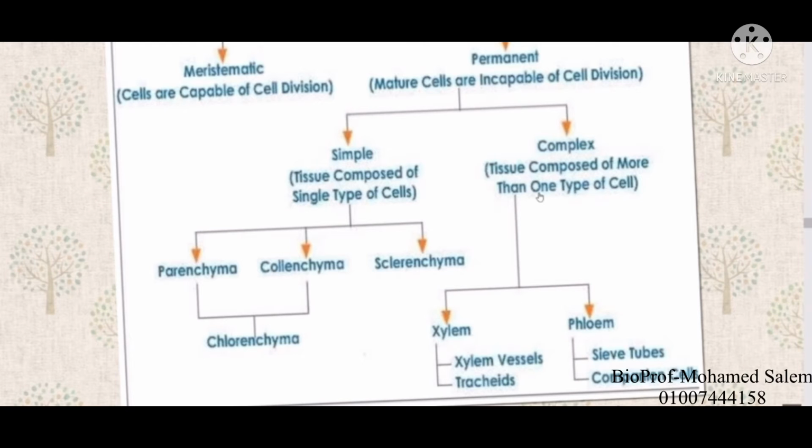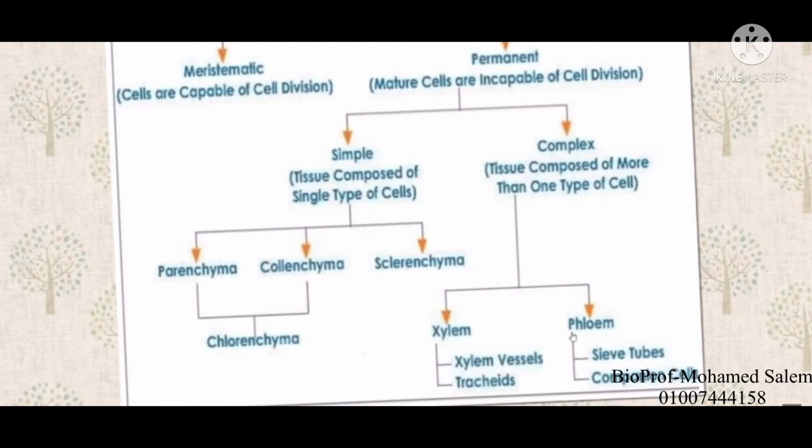The complex, we have two tissues that have more than one type of cell. For example, xylem and phloem. Do you remember xylem? This is used for transporting water and supporting the plant, water with mineral salts. And the xylem consists of xylem vessels and tracheids, while phloem is used for transporting